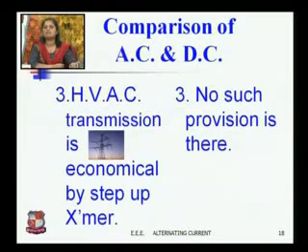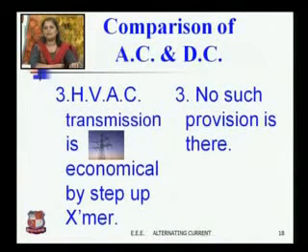Now whenever you consider transmission, the main losses occur in the transmission. These are known as transmission losses, which are I square R losses. Meaning these losses are affected by the current passing through the transmission line and the resistance of the transmission line. Now as we know, once you design a transmission line, the resistance of the transmission line almost remains constant. You cannot change the value of the resistance.